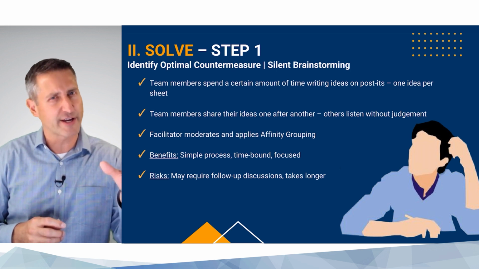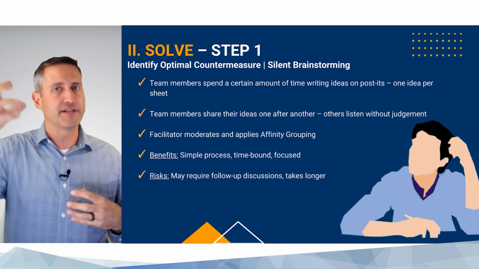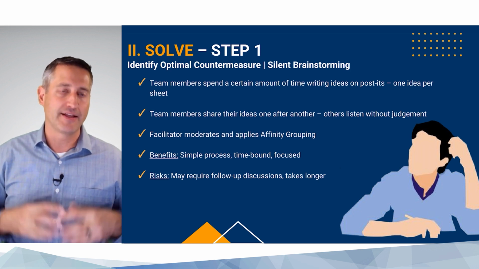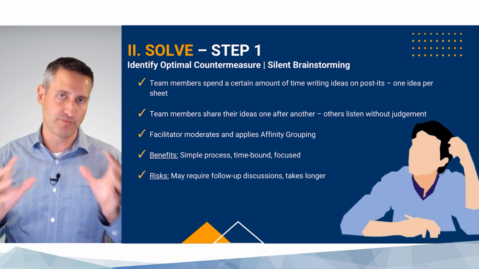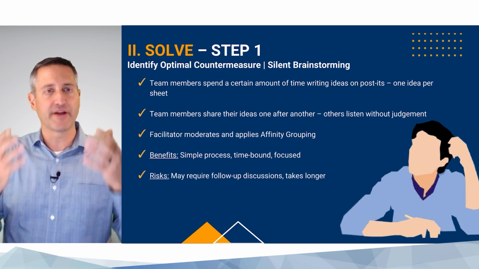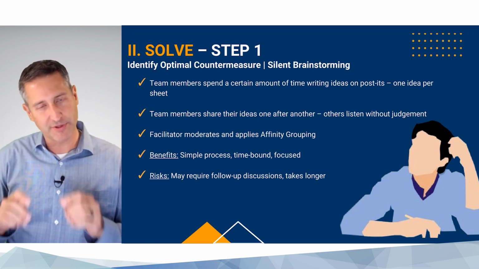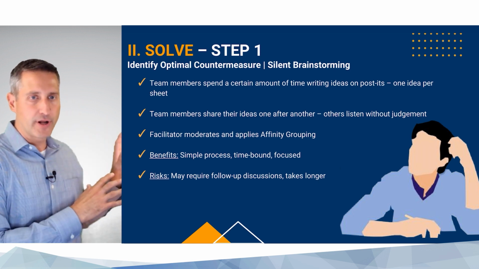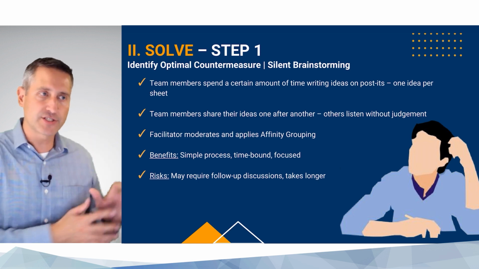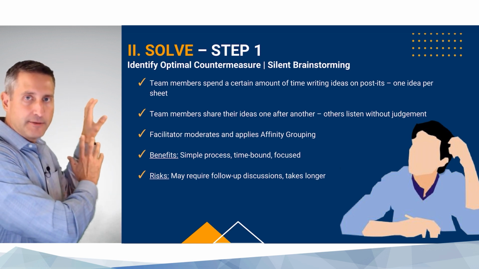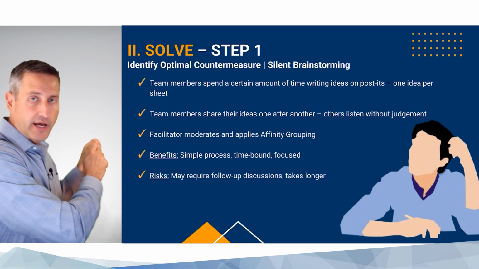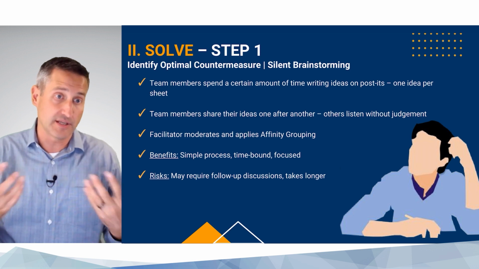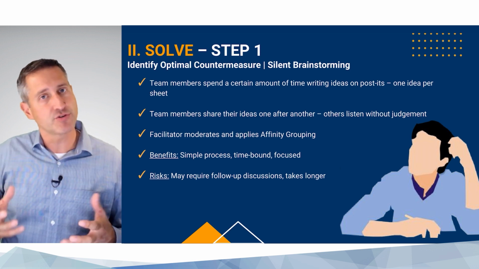You'll have somebody who's very extroverted kind of dominating the conversation, and someone introverted who has great ideas not saying anything, and you as a facilitator really have to manage that gap. If that's a problem, then silent brainstorming allows those people to kind of do their thoughtful thinking, write it down, and then put it up on the wall. And then the facilitator takes those ideas and organizes them into groupings, common ideas. And the more we find common ideas, the more likely we have ideas that people are going to gel around. So this is also a nice, simple process.